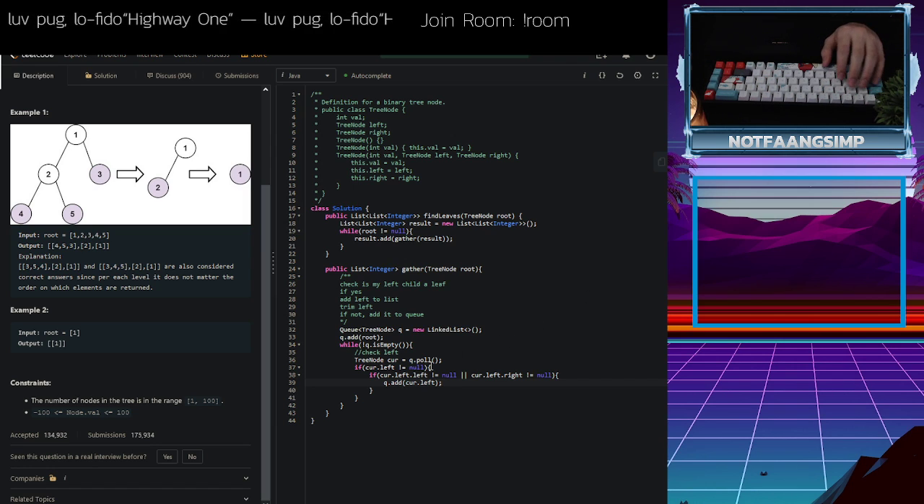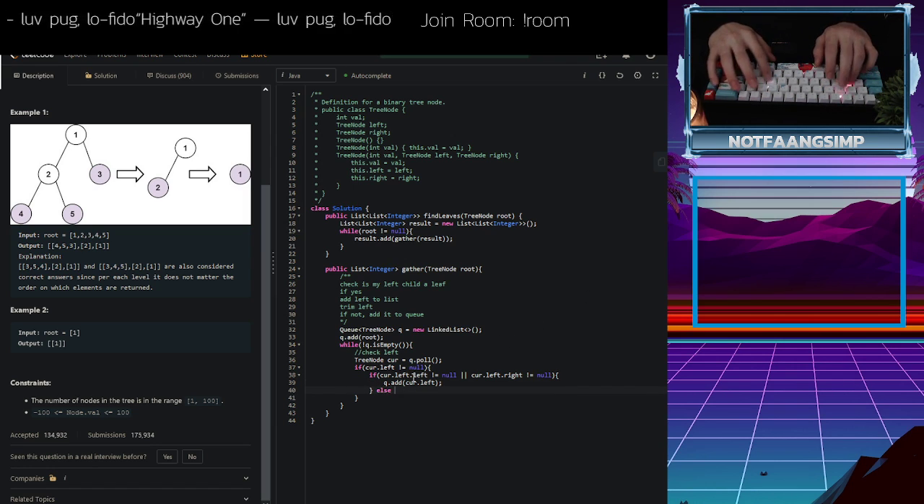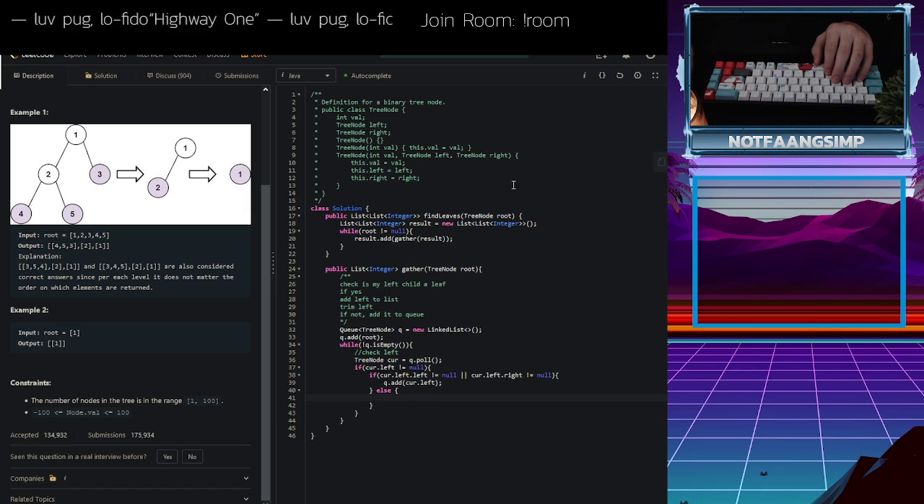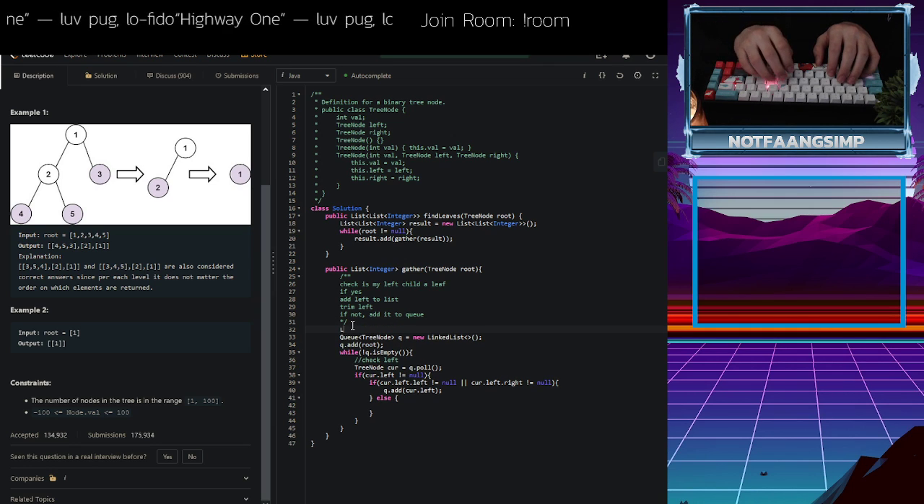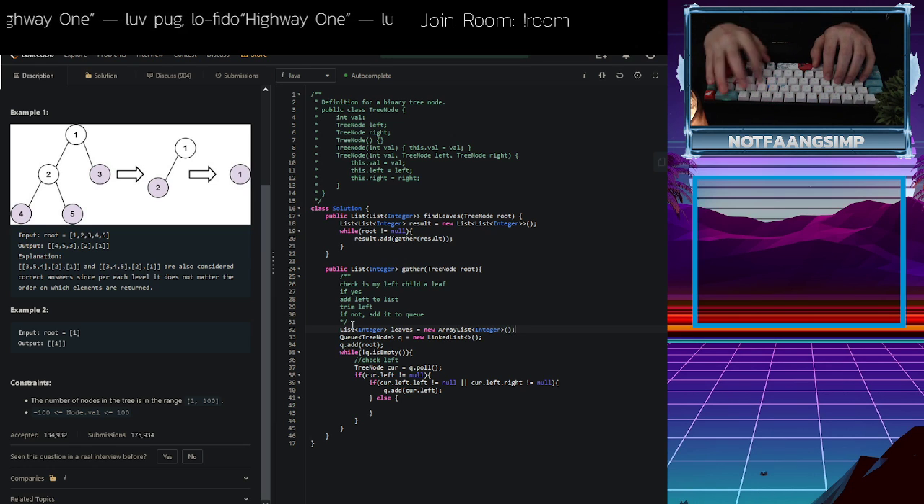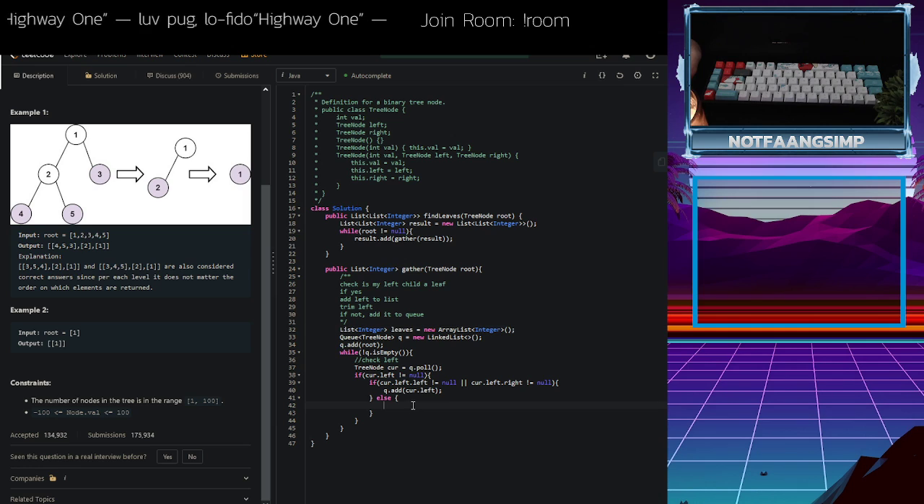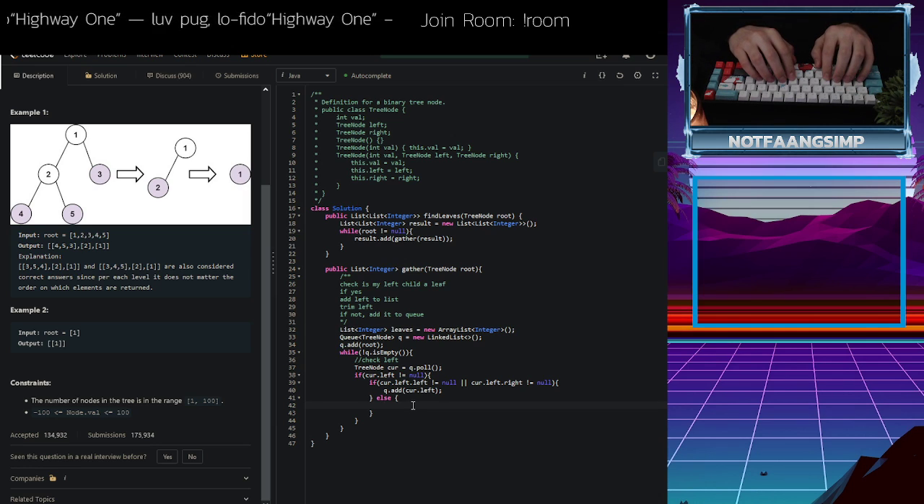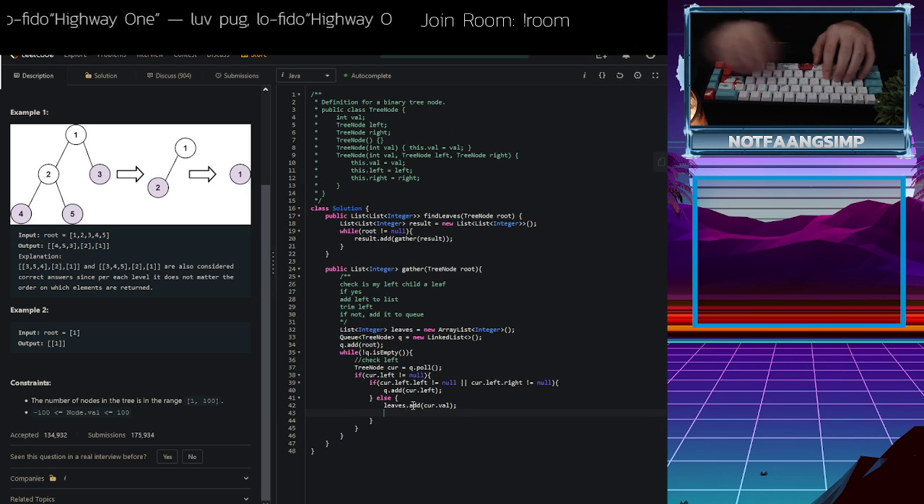And then, otherwise, if both of those are else, I didn't actually make my list to store these things in. List of integer, leaves, new ArrayList. Cool, gonna do that. And then we're gonna say leaves.add cur.val, and then we're gonna, not cur.val,